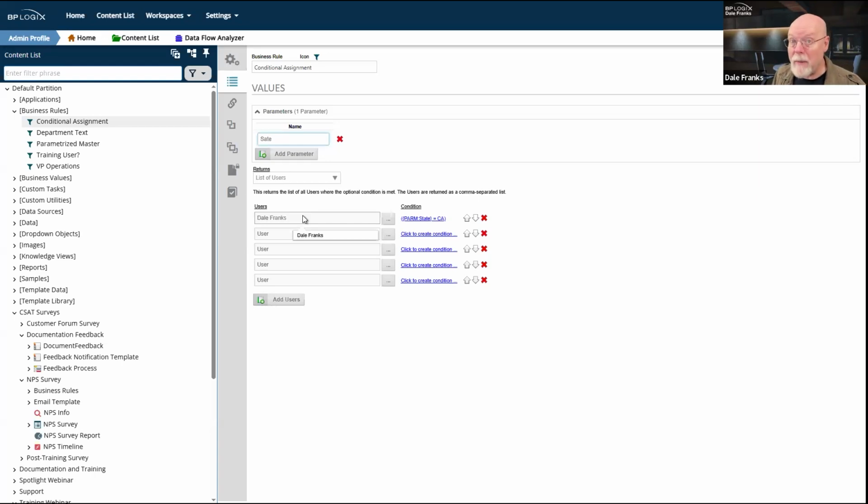So you can make global business rules like this one, which just accepts a parameter called state, which I think I have altered a little bit. Of course, I'd have to call this business rule via a system variable. And I believe I have an example of that we can look at in a little bit. If I call this business rule via system variable, then I pass it the state parameter. So if it's California, then this business rule returns me as the task assignee.